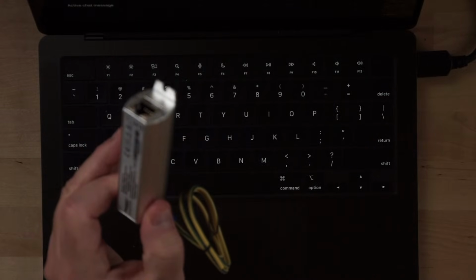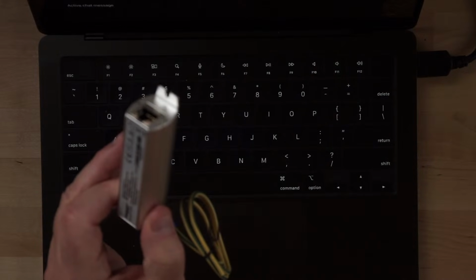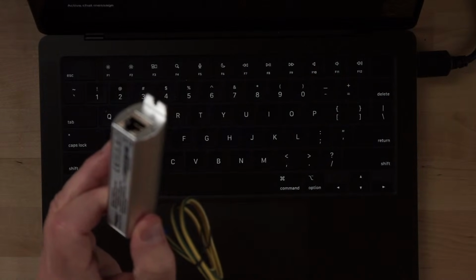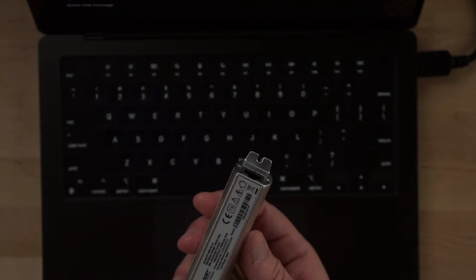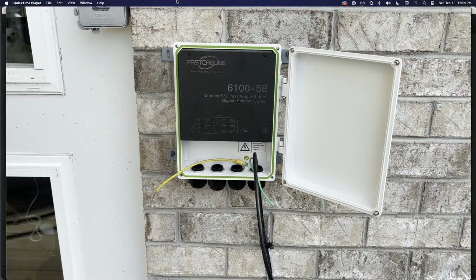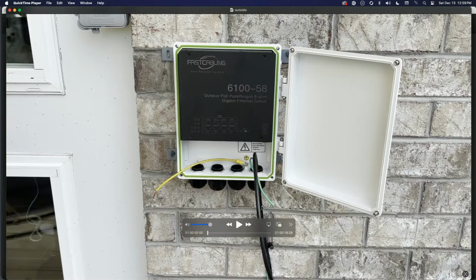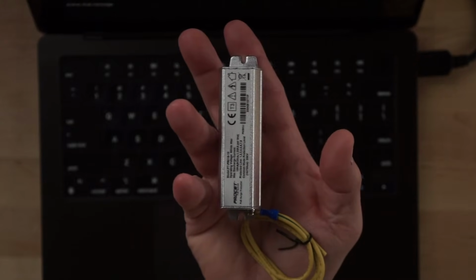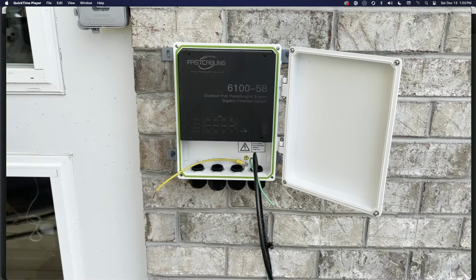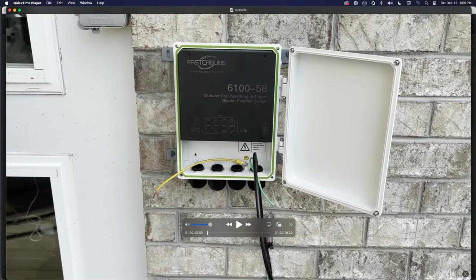Actually, my thought process is this. Let me just bring this back for a second. So rather than attaching a second weatherproof box just for the surge protector and then having another ground wire, I think that this will fit perfectly in this area here.